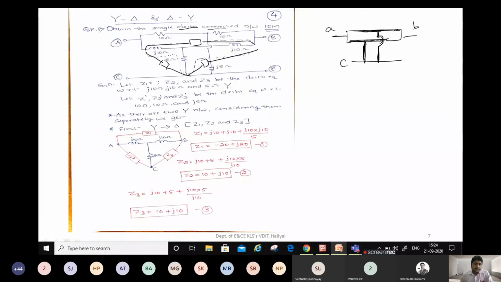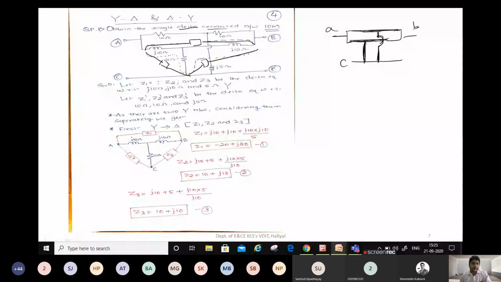Okay, so if I want Z1, Z2, and Z3, so I can use the same approach. So if I want Z1, what was the approach? So the approach was very simple. So you have to divide the opposite impedance, and in the numerator you have to multiply the other two impedance,